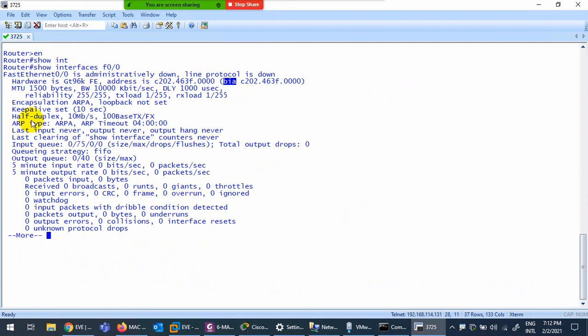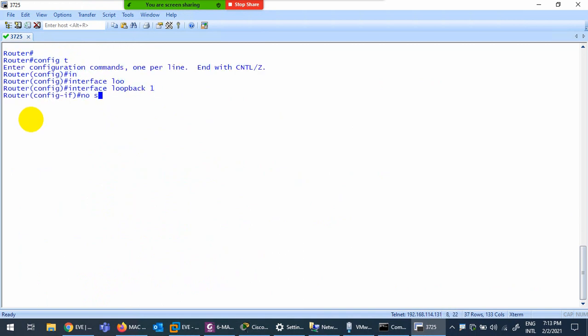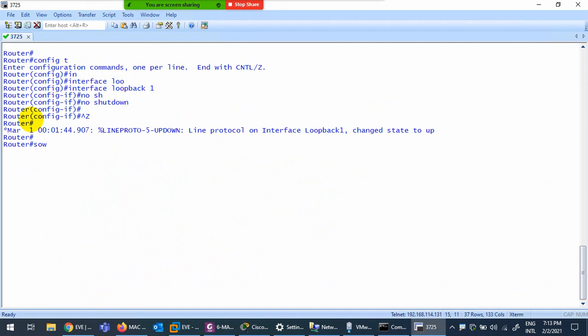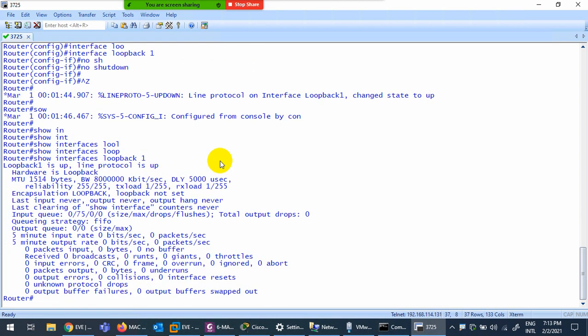Keep in mind that every interface, even if I create a logical interface here, interface loopback 1, a logical one I just created, and if you say show interface loopback 1, it also has a hardware address. It should be here. Where is it?